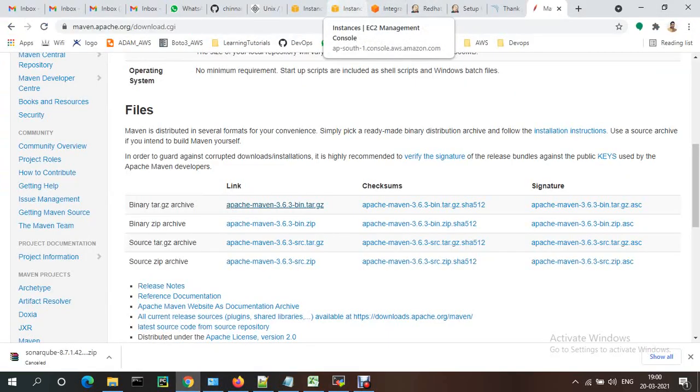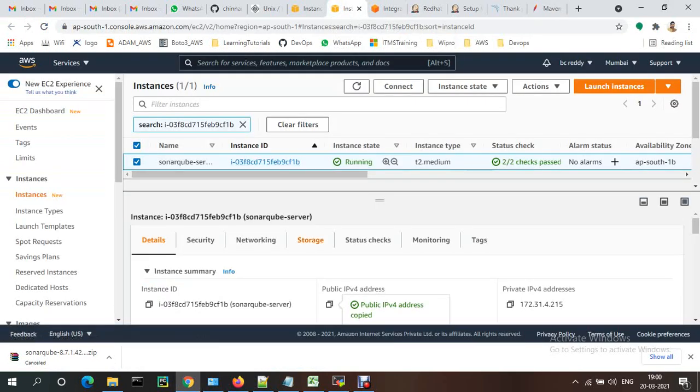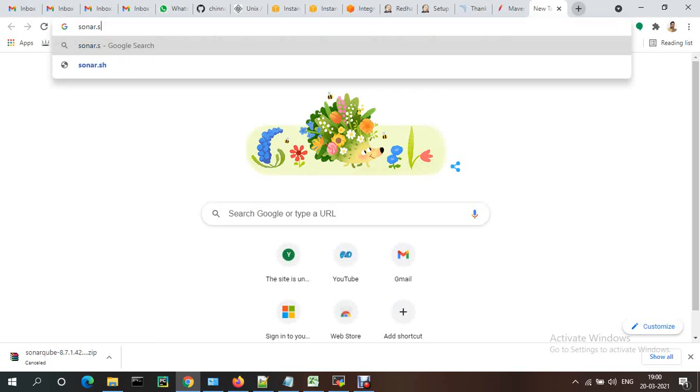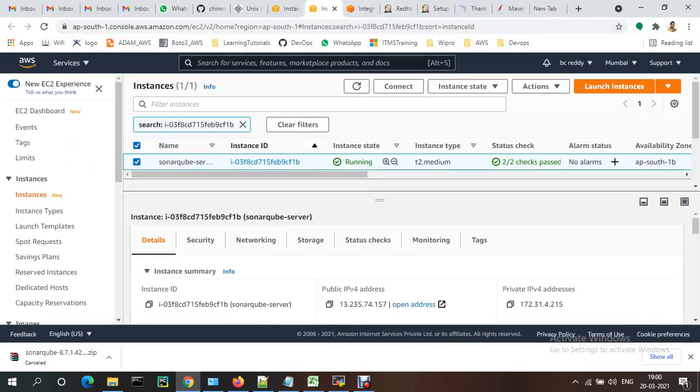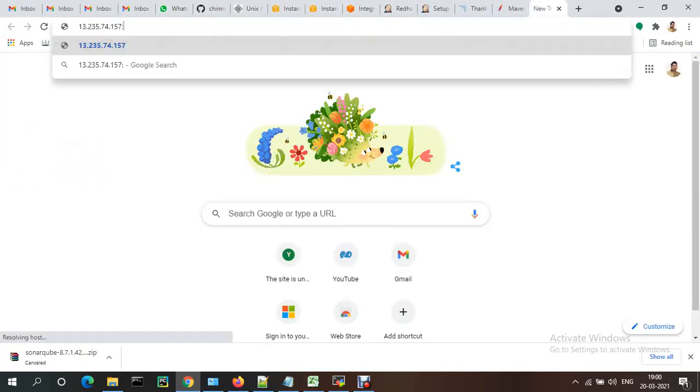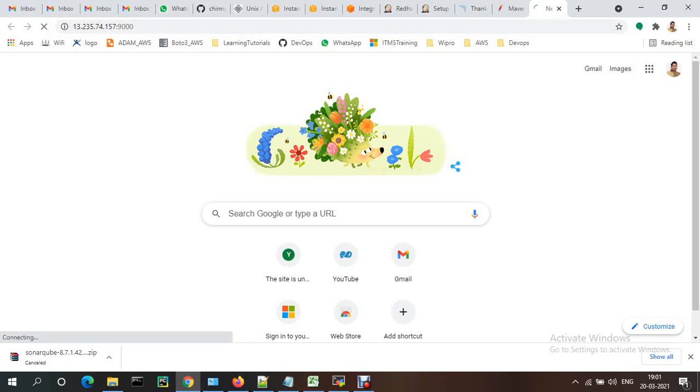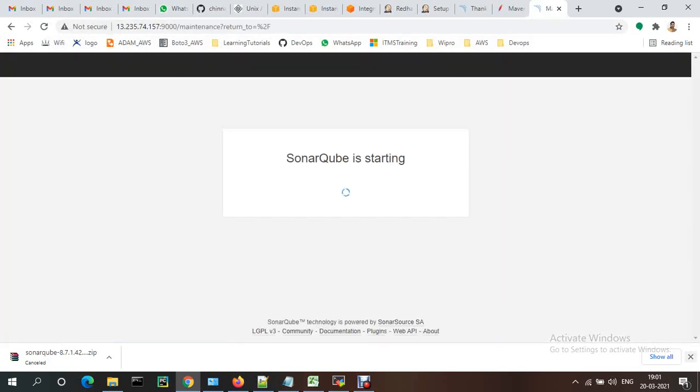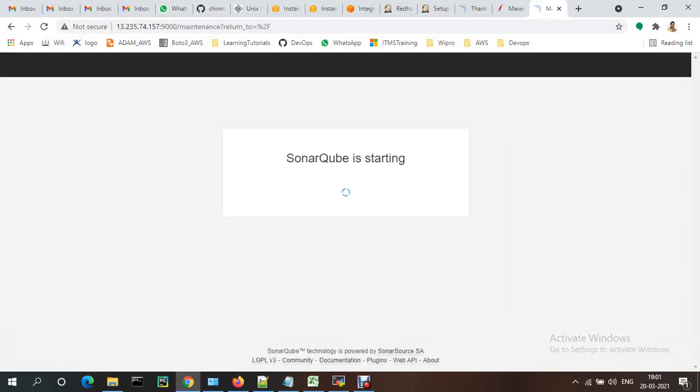Take that IP, the SonarQube public IP, and you need to go here. Sorry, just need to copy the IP, the SonarQube public IP, and just type 9000. So the SonarQube homepage will be displayed. By default, the SonarQube username and password is admin.